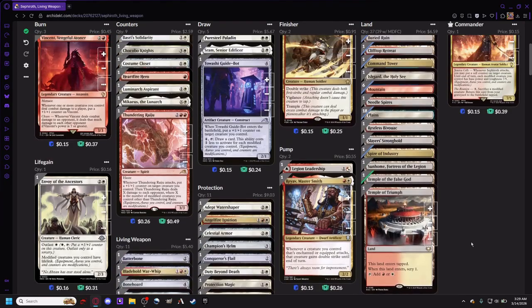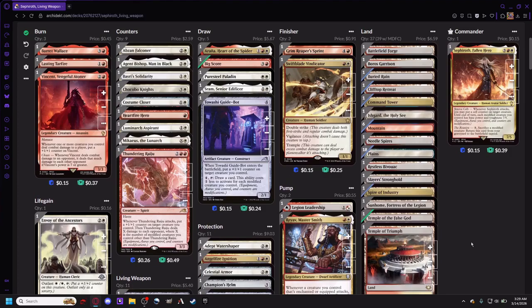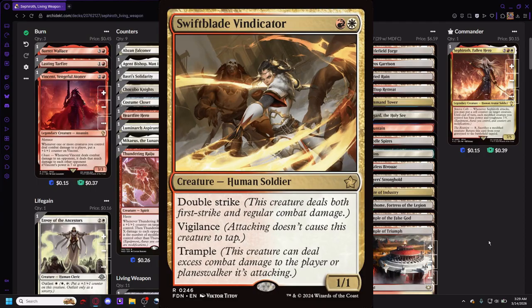We talked about the living weapons. We don't need to go over all of them, just basically what they are. We can talk about some of the finishers. One of my favorite guys, the first thing I actually thought of when I first saw Sephiroth get spoiled during spoiler season for Final Fantasy,